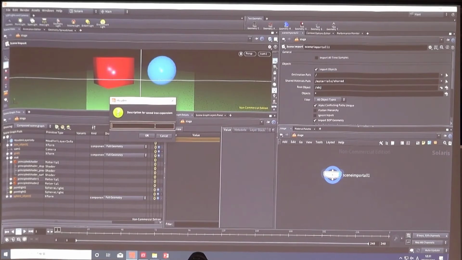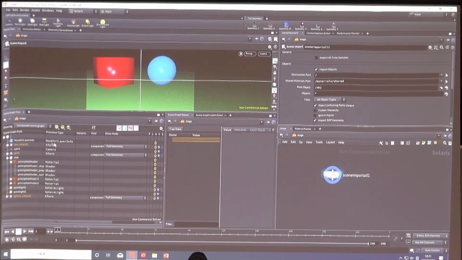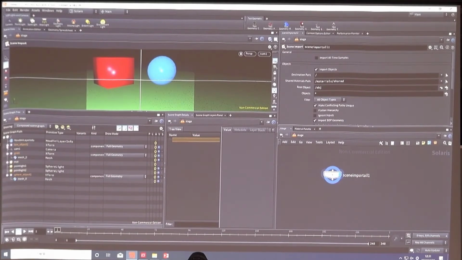Click the leftmost of the three green items, Save Tree Expansion. So there, let's type in materials. Select this, give it the name materials, and hit OK. So now just go in and mess up your scene graph, maybe do something else,